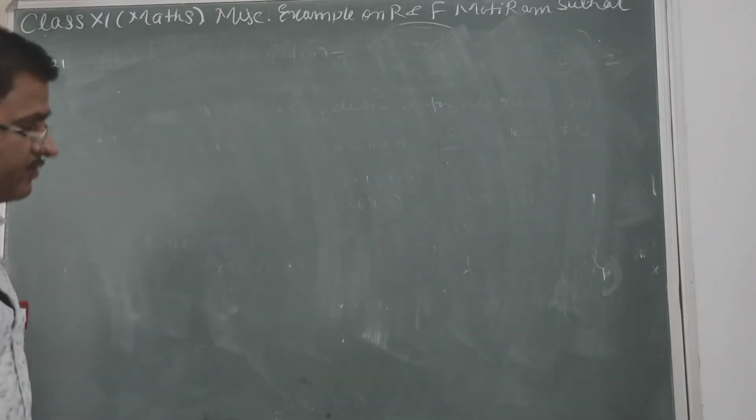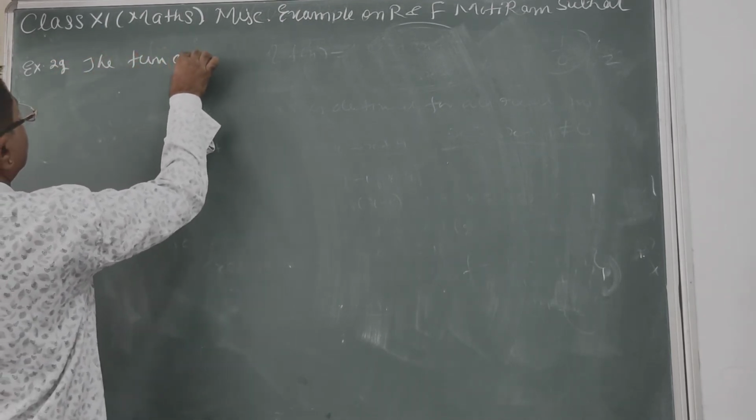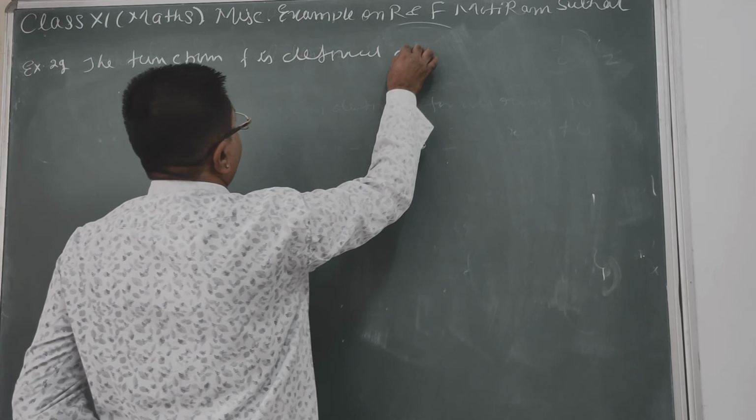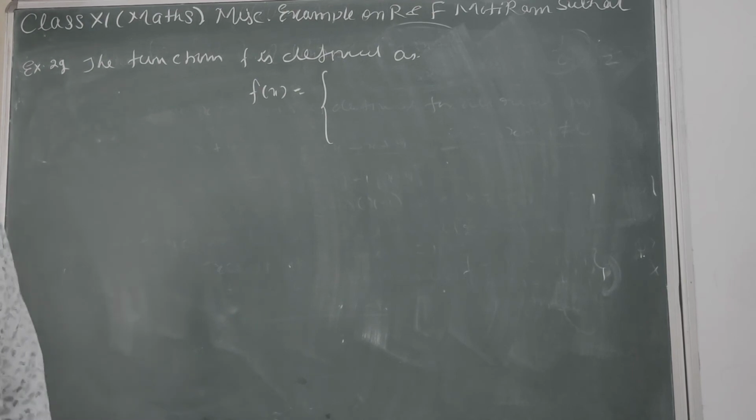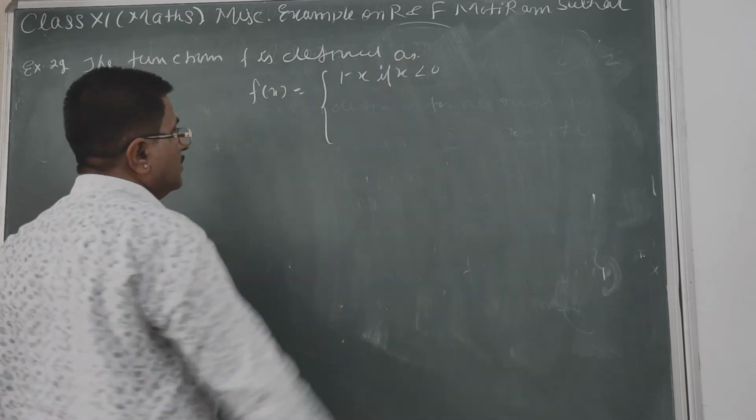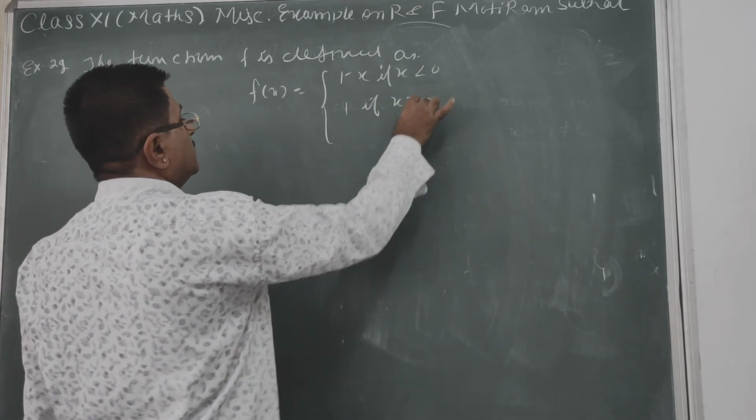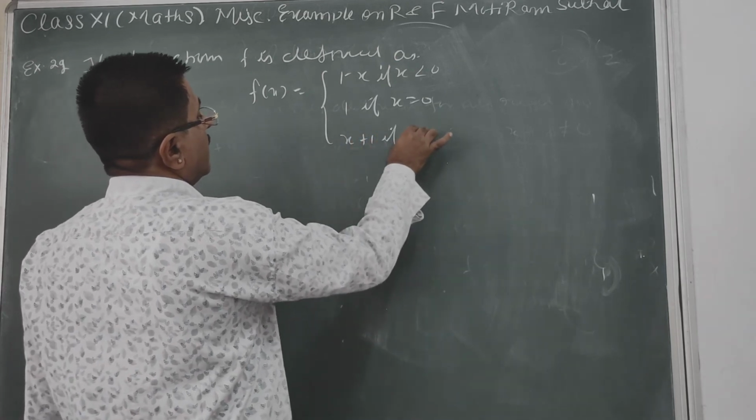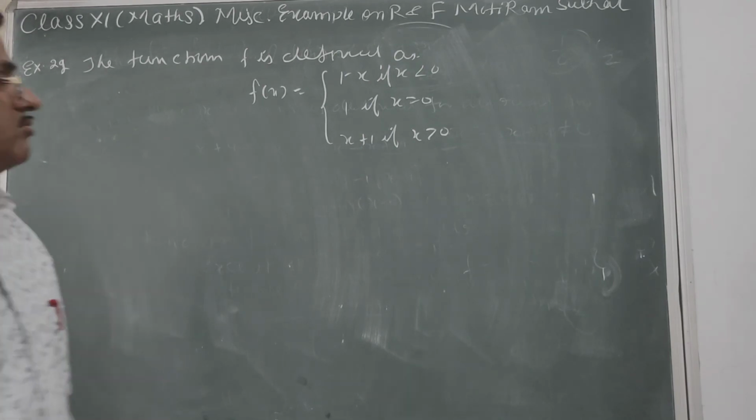The function f is defined as, now function is defined fx equal to curly bracket has three values: 1 minus x if x is less than 0, 1 if x equal to 0 and x plus 1 if x greater than 0. Now question says you have to find the graph। अब आपको इसका सिंपली ग्राफ ड्रॉ करना है।